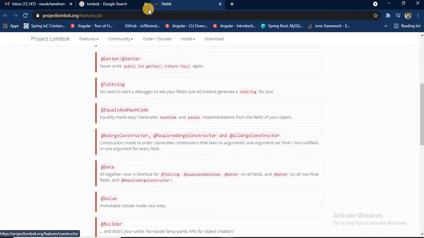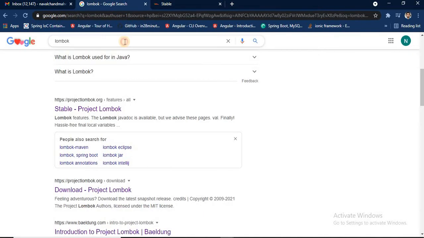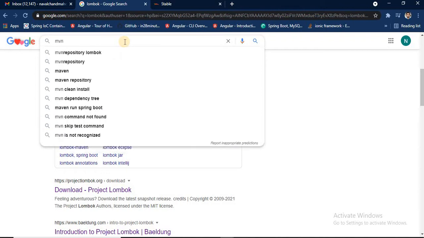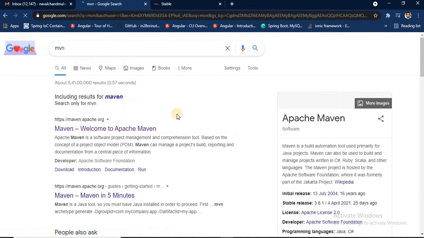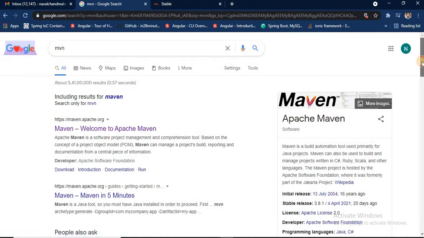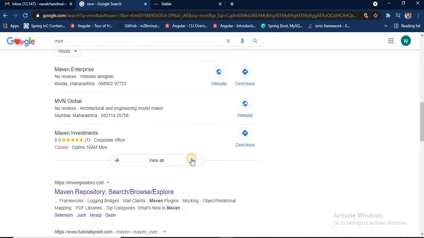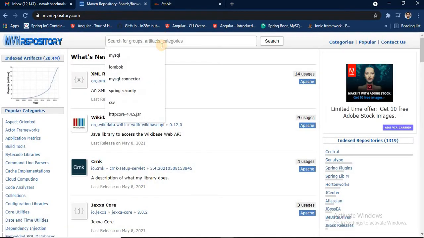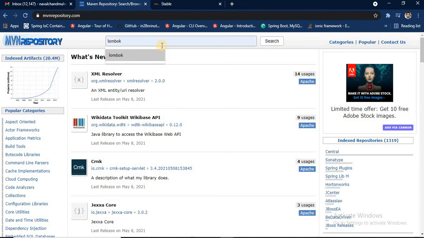For that, first of all we have to go to Maven, because our project is a Maven project. Let's scroll down. You can see here Maven repository, search, browse. Here we type Lombok. Let's press enter.